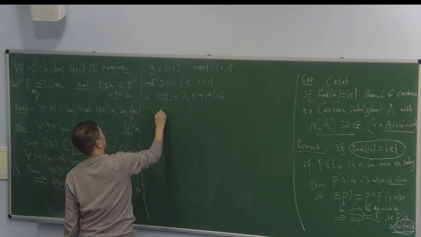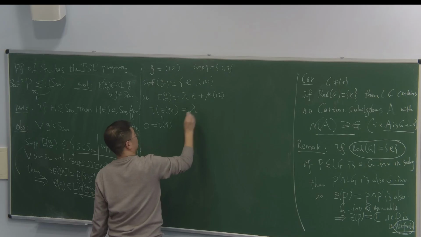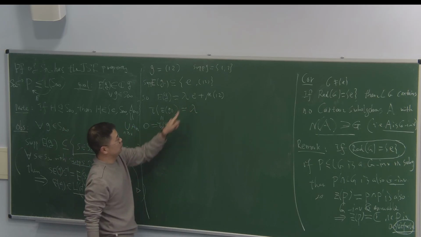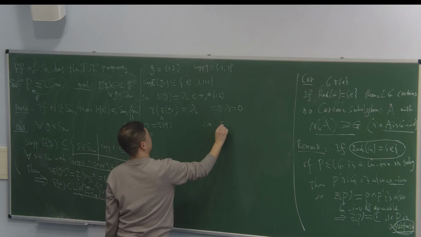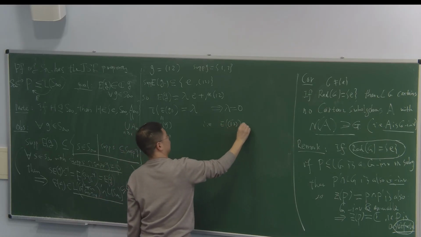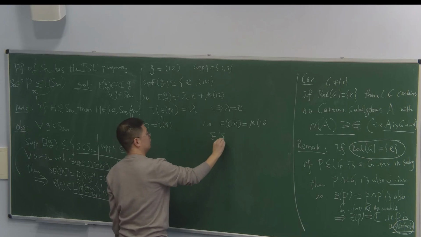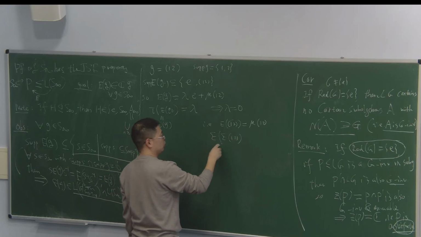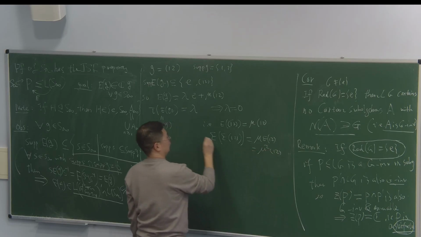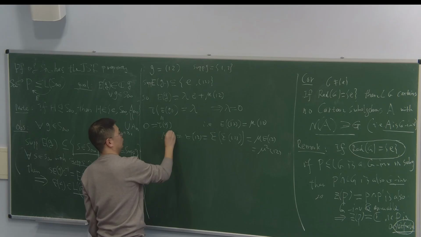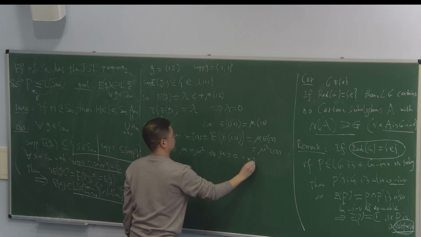If you take the trace on both sides, by trace preserving, this is 0. But the trace of the right hand side is actually just lambda. So you deduce lambda equals 0. So this E(g), or just E of this transposition, is actually just mu times (1 2). Now you apply E again, since this is idempotent, it's a projection. But now this is E of (1 2), which is mu (1 2), so mu equals mu squared. So mu is 1 or 0.